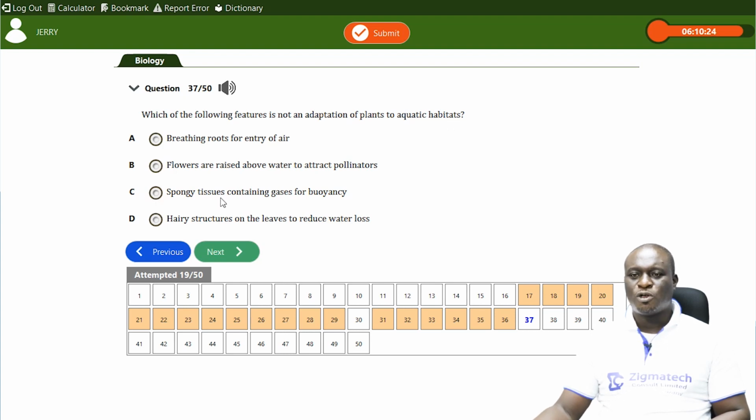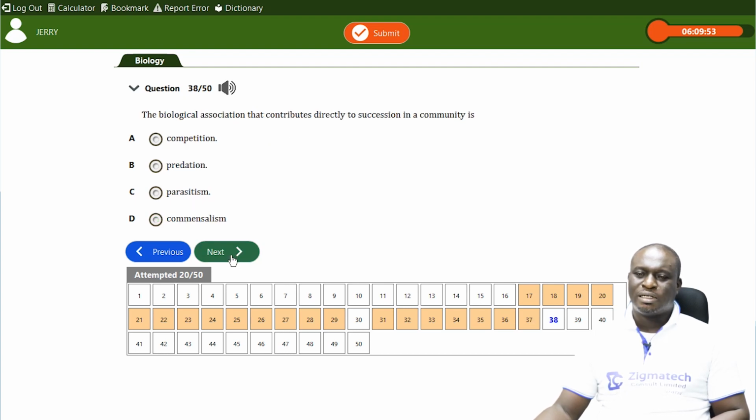Option C says spongy tissues containing gases for buoyancy. Yes, buoyancy simply means the ability to float. And then option D says hairy structures on the leaves to reduce water loss. And the correct option that is not an adaptation of plants to aquatic habitat is option D. Option D. Next question. The biological association that contributes